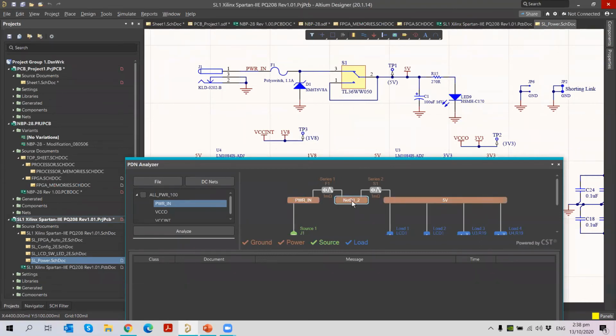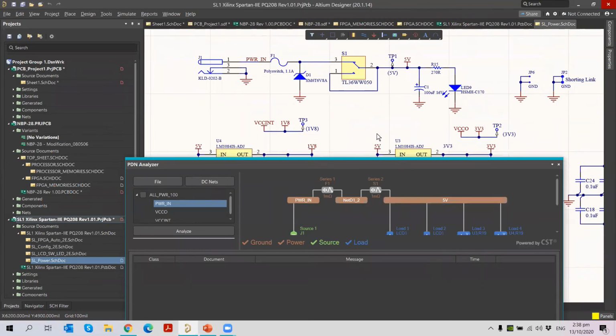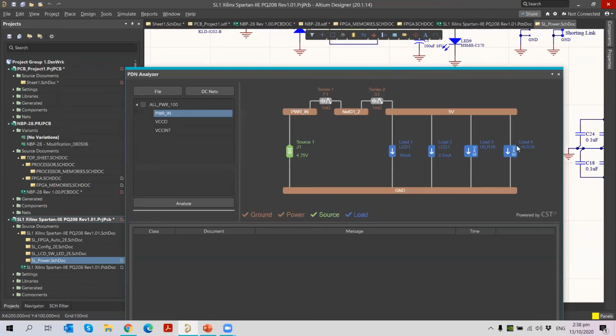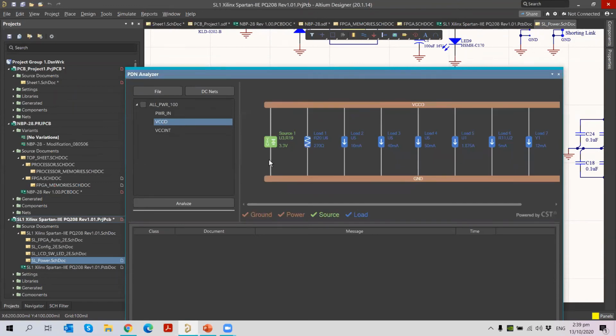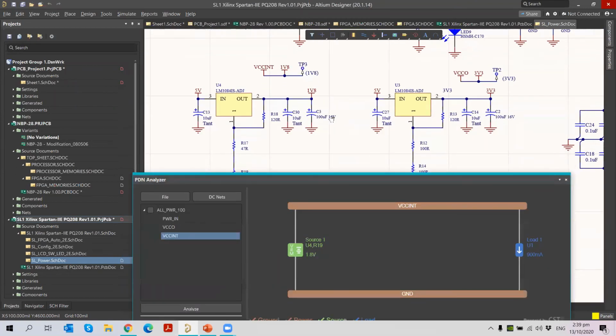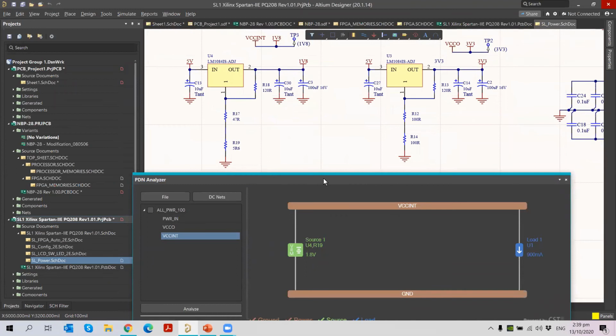Okay, so these are all the multiple power nets I have added, and then you can add in the load here. The load added here is your VCC out and VCC internal. These are the voltage regulators. So these voltage regulators I have added at the load. You can refer, VRM is the voltage regulator model. I have added them, and then these are created as a separate network here. As an input as VRM, and they are connected to the loads. Similarly, I have a VCC internal network also. All these are taken from my schematic network. I have to choose the power pins for the input and the outputs from here.